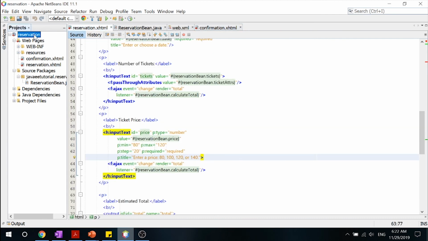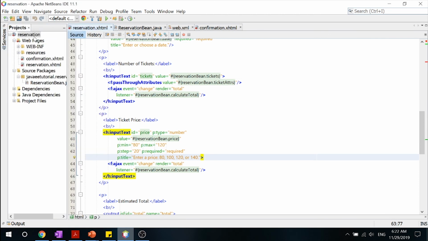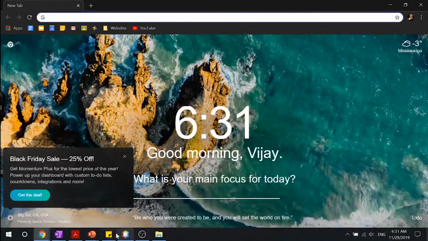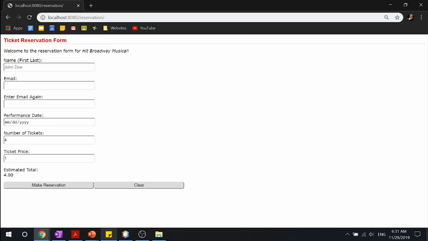So now that you get that, let's go ahead, make sure that our Glassfish server is running. It looks like it is, and build it. Now that we have our build successfully made right over here, let's go ahead, open our Google Chrome tab and put in our URL, localhost:8080/reservation. And in here you can put in your name, let's say Vibrov Programming, some email, and type it in again. And let's put a performance date, let's say October 5th,